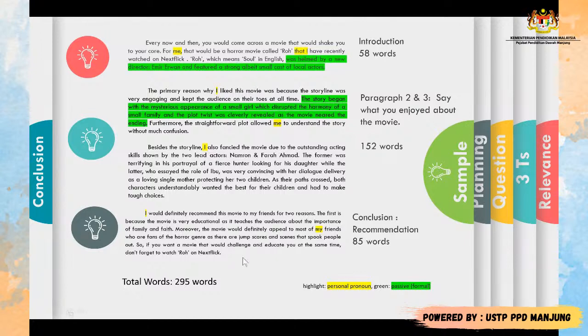Okay, I also use expressions like the former, the latter, words that are very suitable for the context of a movie review, like the latter who essayed the role of Ibu. So these words come from real movie reviews that I have to give props to my student for coming up with. And I've also worked on it a bit. So yeah, having established all this, I was very confident to give my student a 19 on this piece of